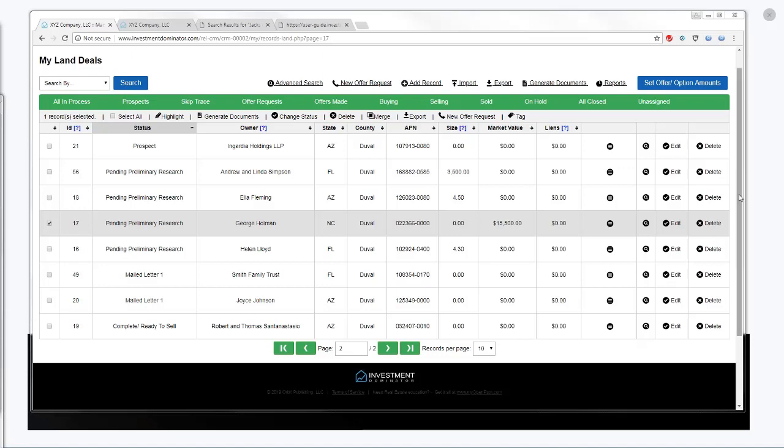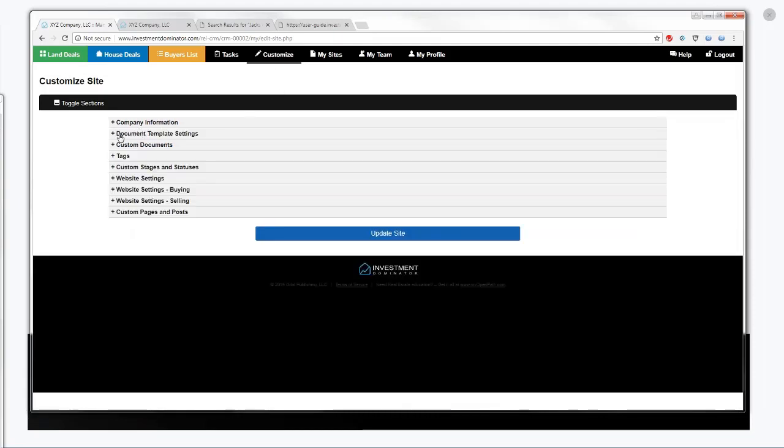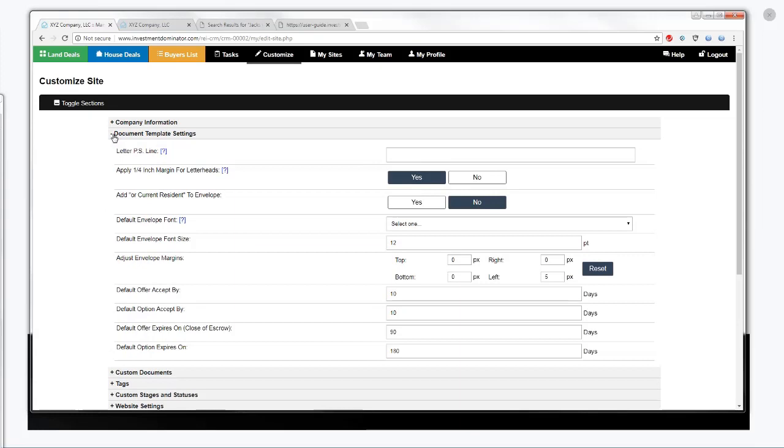So let me show you that one real quick. Hopefully this will help some of you if you want to change the size. I personally have left it. We recommend that you leave it at the assigned default amounts because that has always worked fine. But if you so desire to adjust the size of your font, now in Investment Dominator, we have two new fields. You can actually change the font. Now, these are only the fonts that are